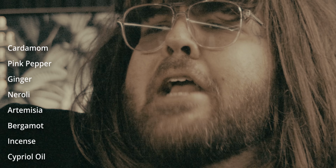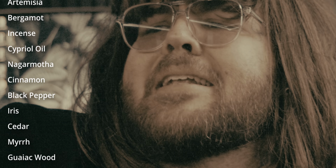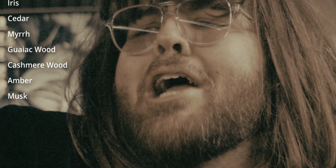a little bit leathery. This stuff is absolutely fantastic. The notes in Houbigant Bois Mystique are cardamom, pink pepper, ginger, neroli, animatia, bergamot, incense, cypress, olive, nectar, cinnamon, black pepper, iris, myrrh, gaiac wood, cashmere, amber, and musk. Although sadly, like with most fragrances, there is one glaring issue with this fragrance, and I'm gonna talk about that